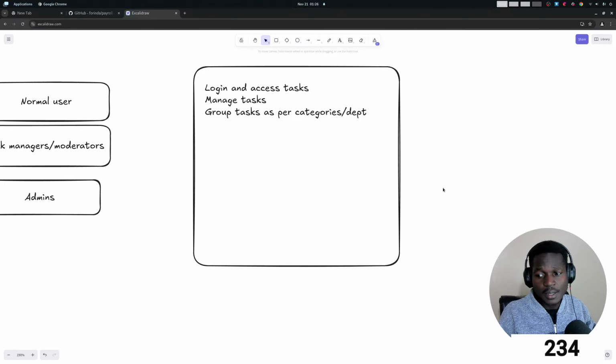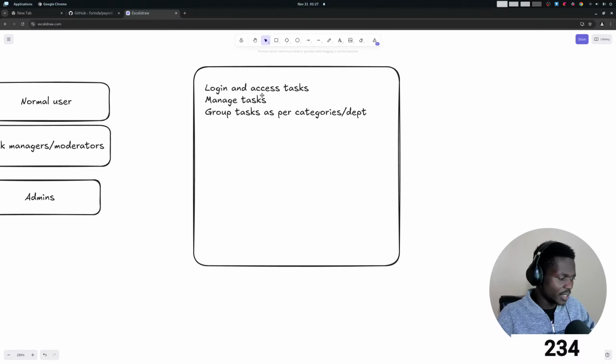So this means that a user will log into the system. After login, then they should be able to access the tasks available. Then these tasks will be given some timelines, which will dictate the amount paid. So we'll have group of employees, but we'll have just simple access control that is based on